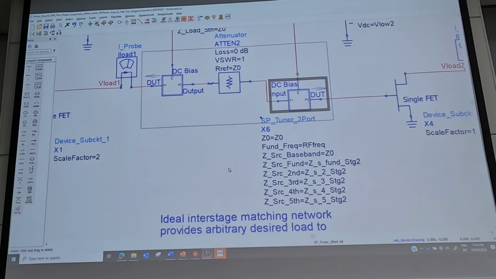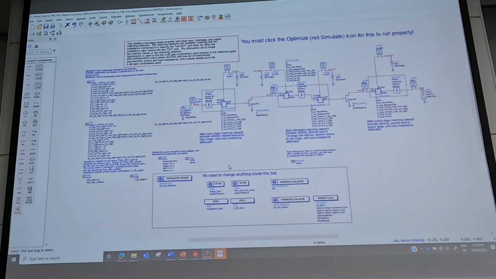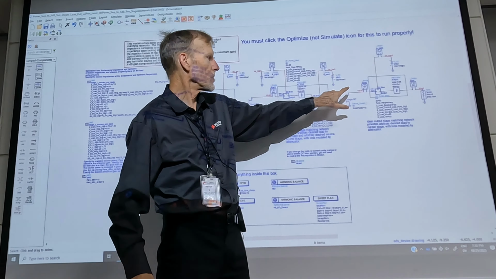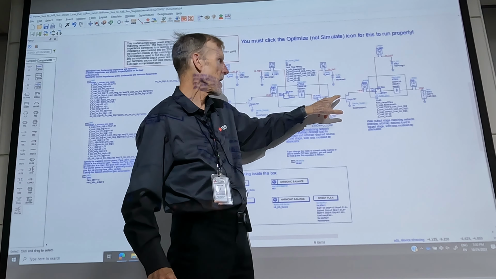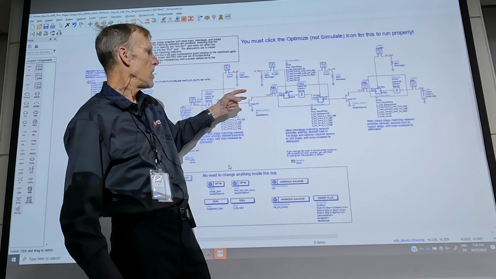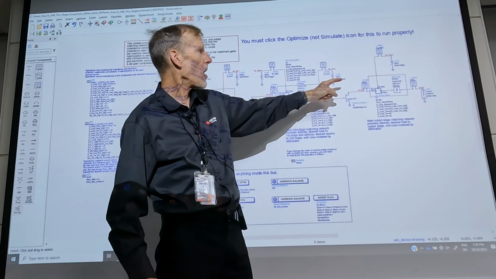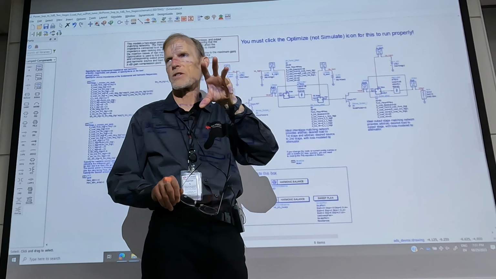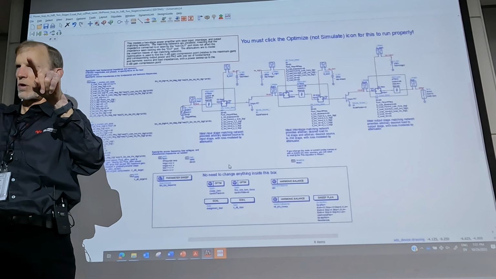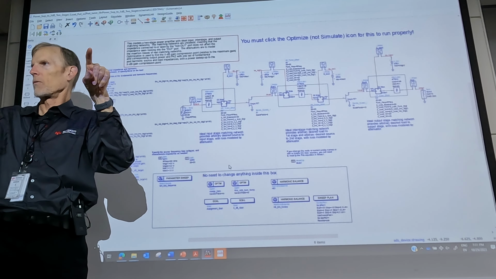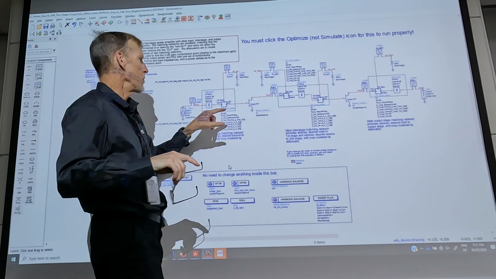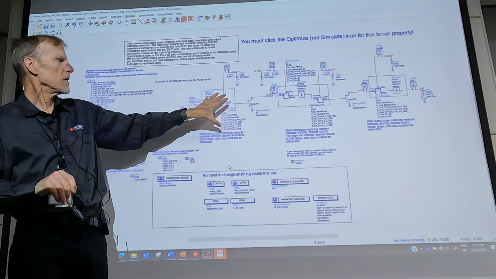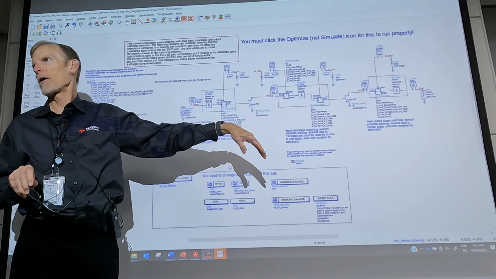The way I think about this is if you had a two-stage design, and let's say we've run load pull on this output stage, and we've run load pull on the input stage, and we know the optimal load and the optimal source impedance. We looked at the data display and figured out which values we want to use for the optimum. And we did the same thing for the first stage. Obviously, this is not a real amplifier.